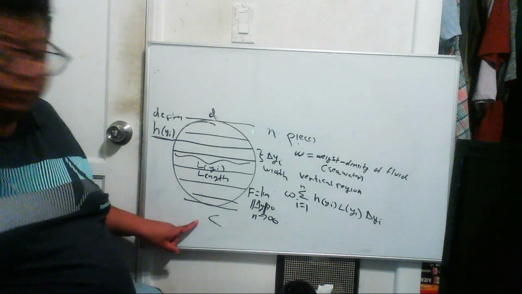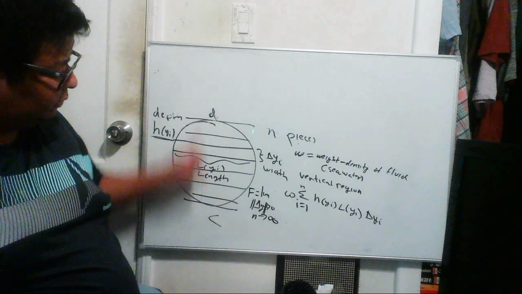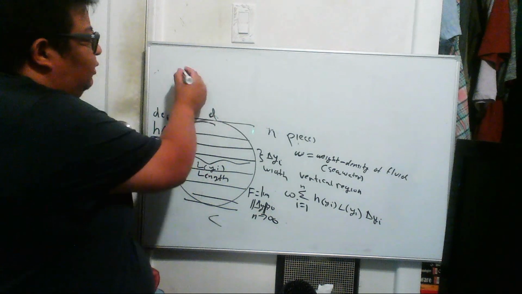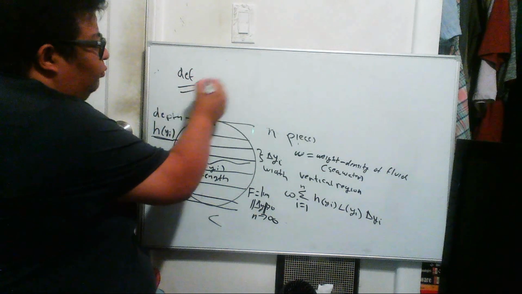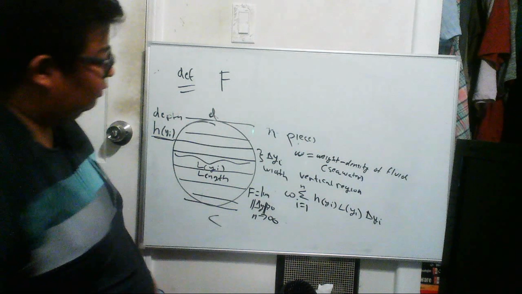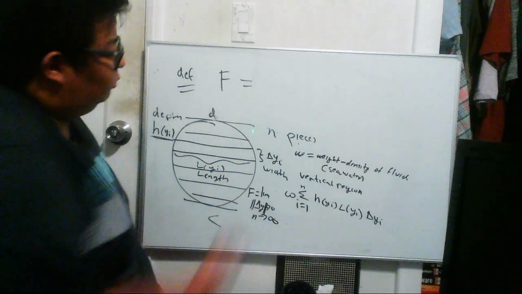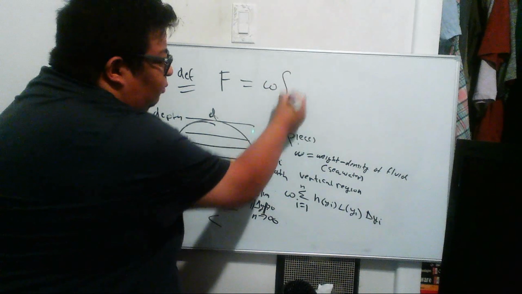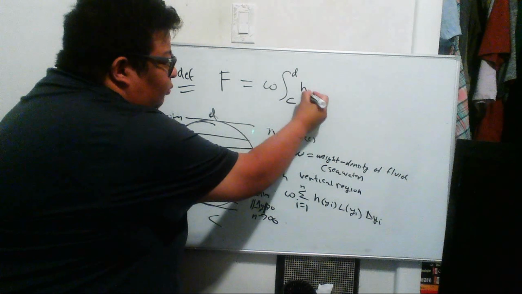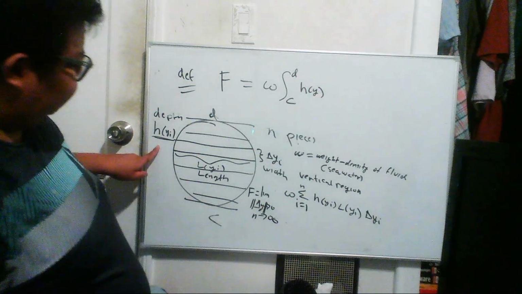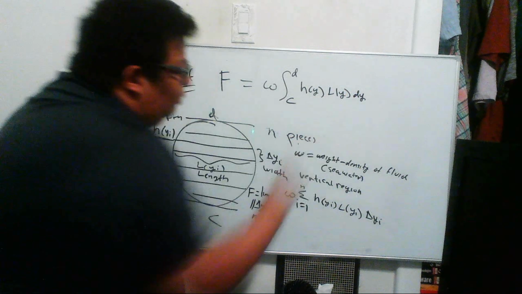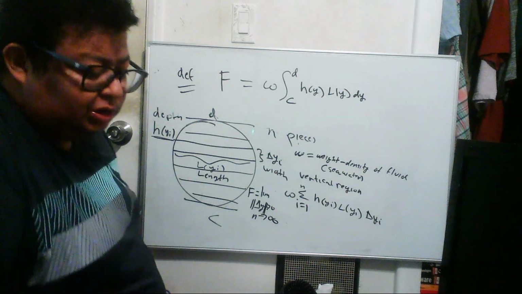So if I go from c to d on the vertical axis, this summation becomes the definition formula that says that the fluid pressure on the vertical region is equal to the weight density, integral going from c to d of the depth times the length, dy. So this is the final formula